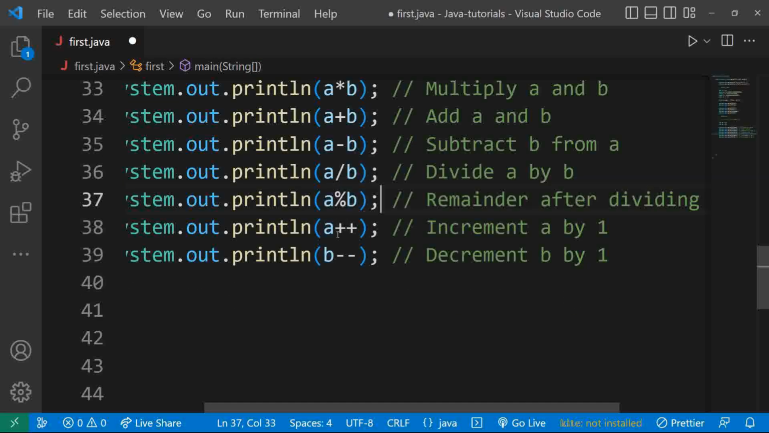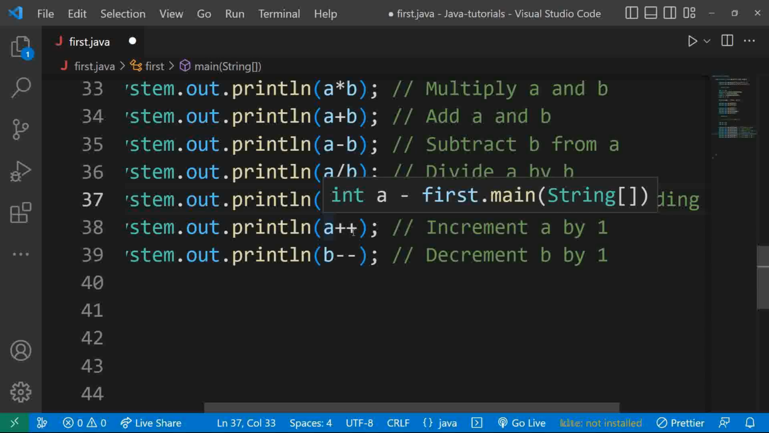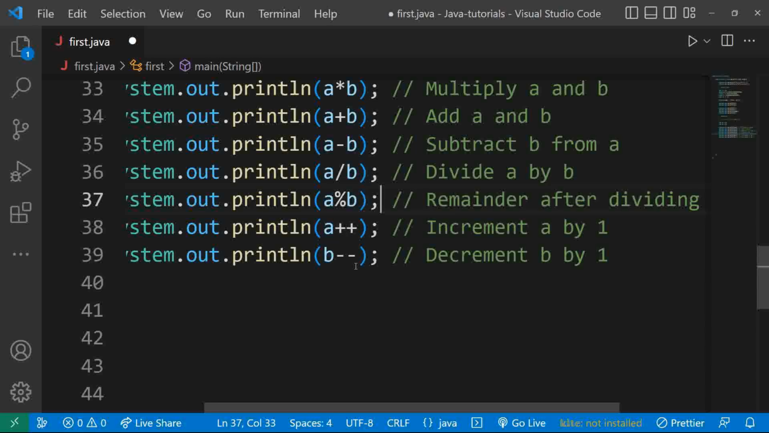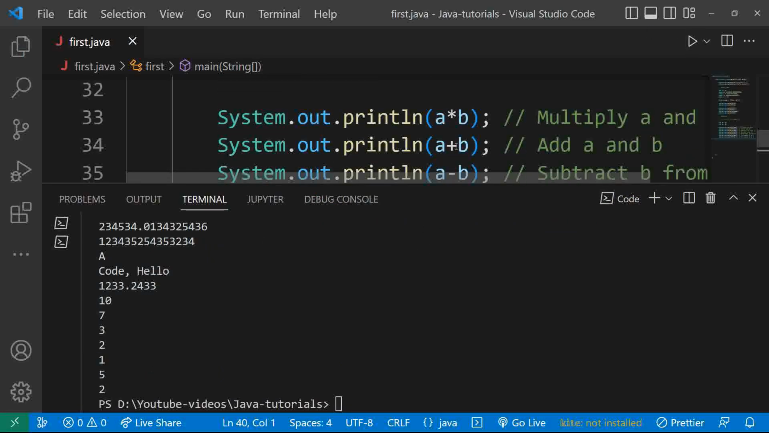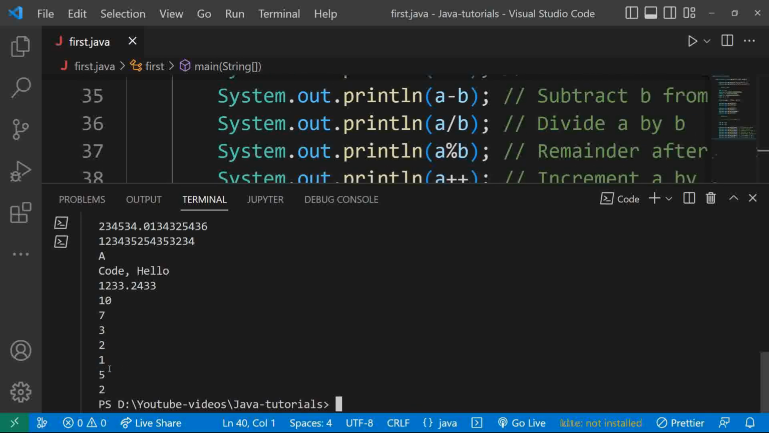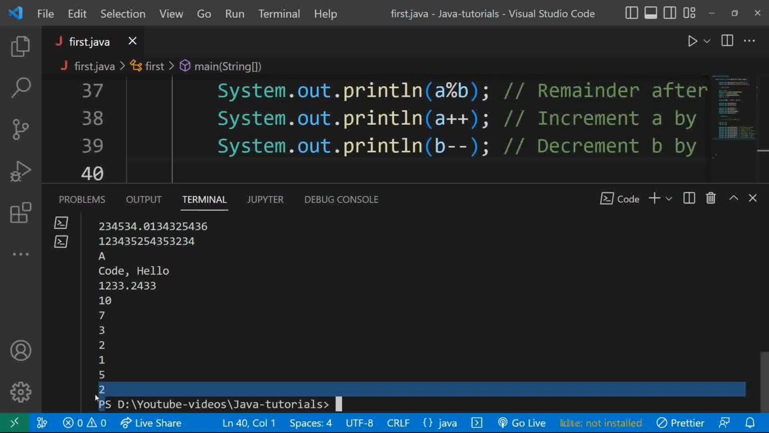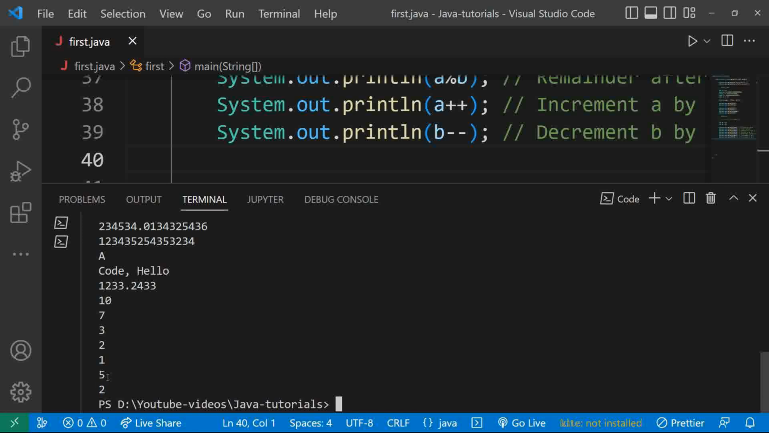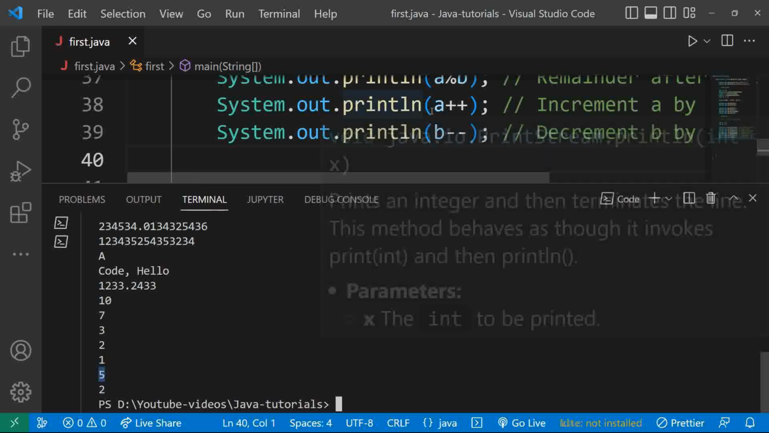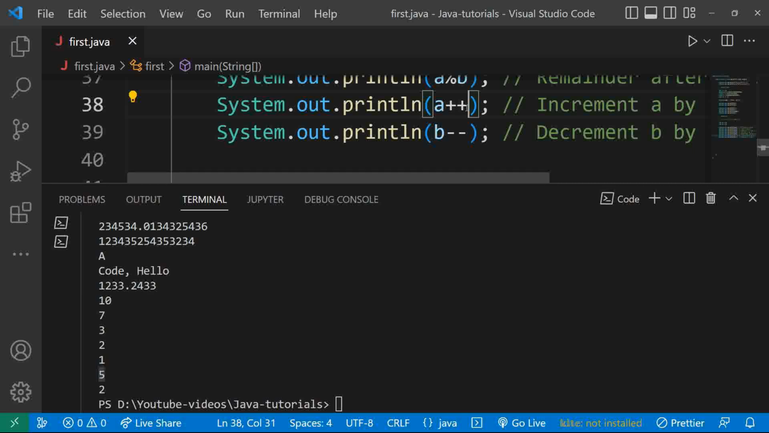This is the postfix increment operator. It will increment the value of A. This will decrement the value of B by 1. So here are the results. This is for multiplying 5 and 2, addition, subtraction, division, and then modulus, incrementing, and decrementing. So here we can see what we did is increment the value of A, which was earlier